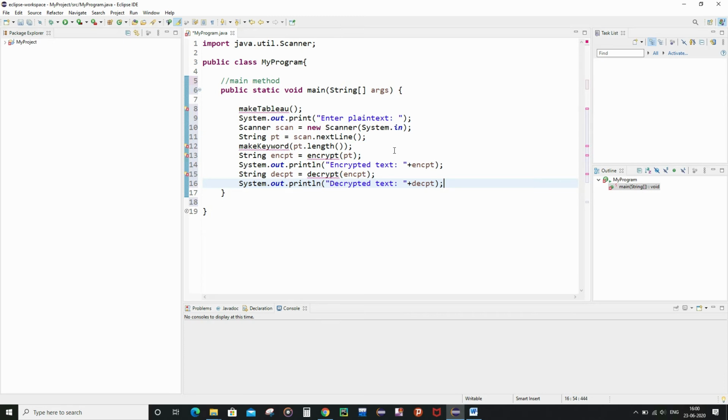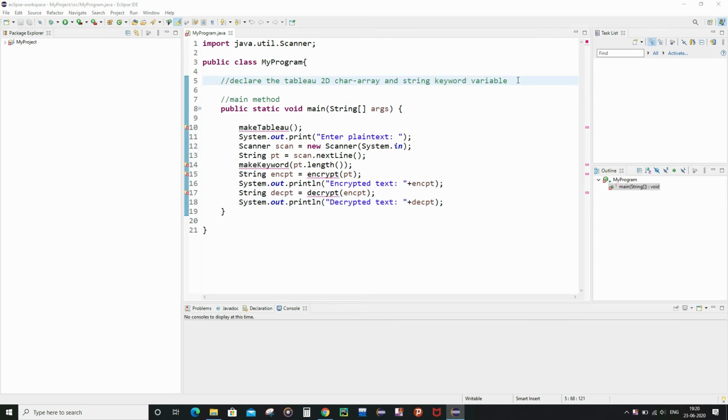Then I had invoked the make keyword function, which takes one argument, that is the length of the plain text or pt string variable. Then in the next 4 lines I am going to declare the encrypt string variable and take it as an input from the user, and do the same for the decrypt variable in the next 2 lines.